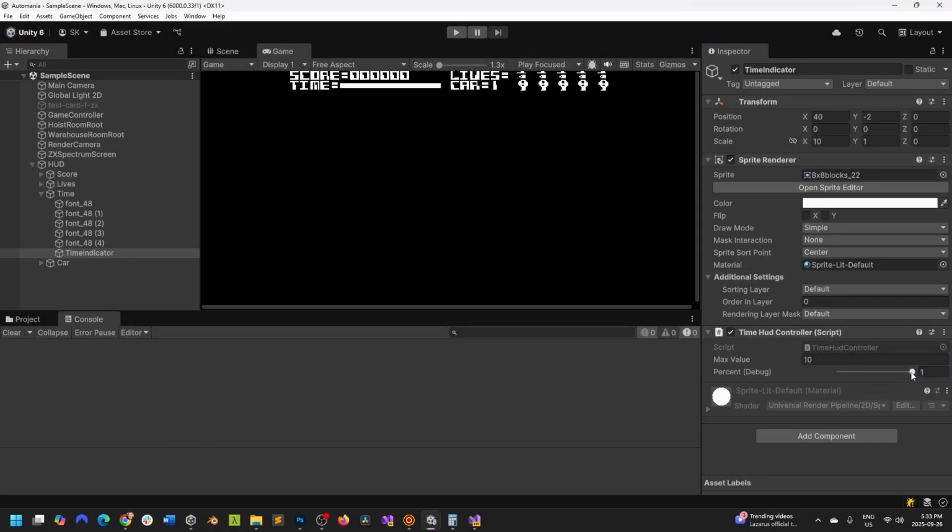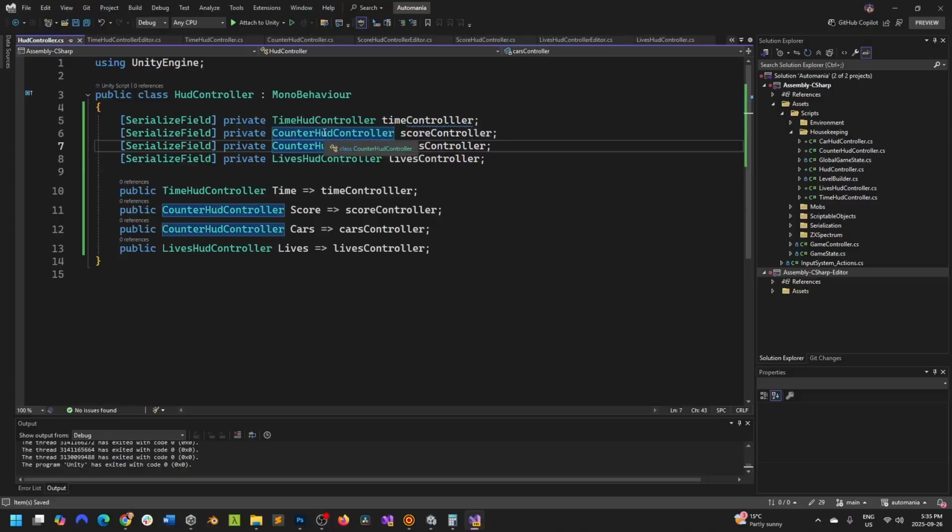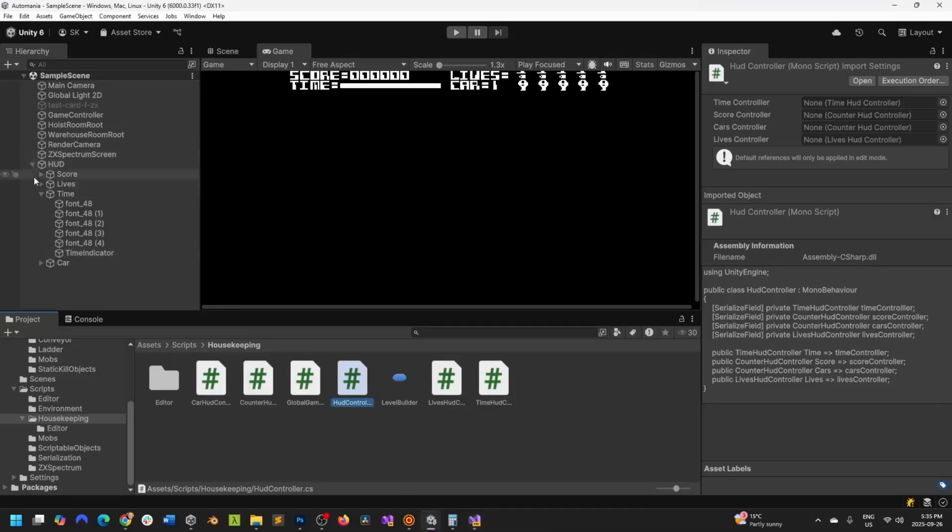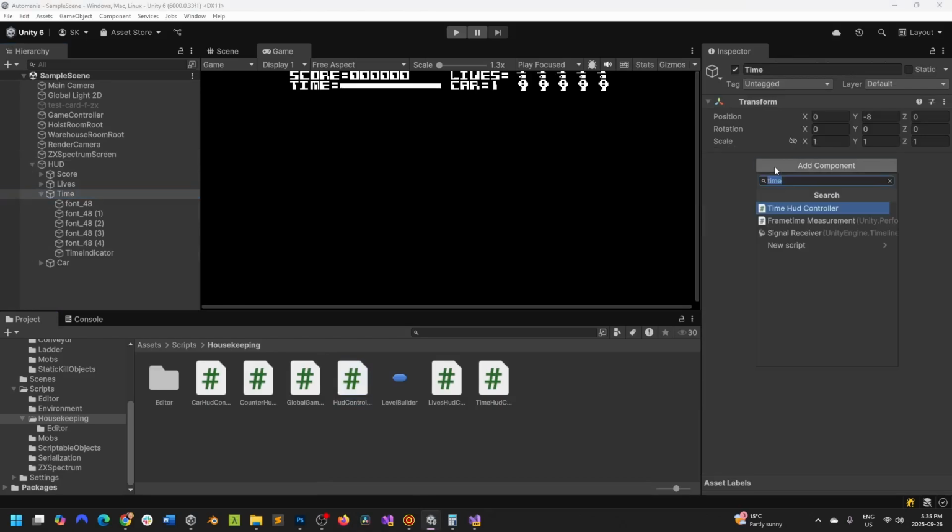And we've got that one working now, so when we move the slider there, you can see that it moves the bar, which is perfect. So the only thing now to do is to get everything in one place, and then create the prefab from it, and then add the color. So just a very, very basic class, the HUD controller class, and go back into here, and then we just add our HUD controller